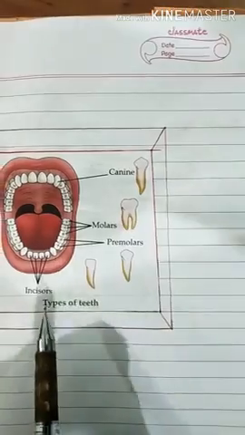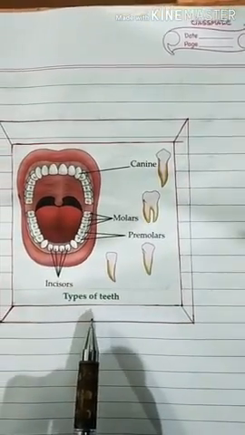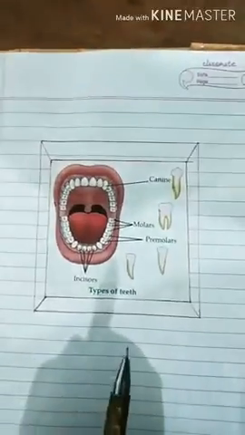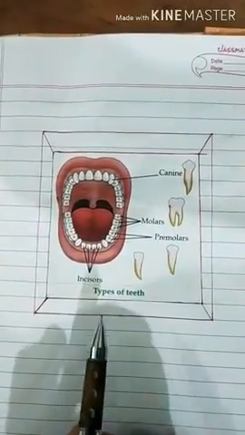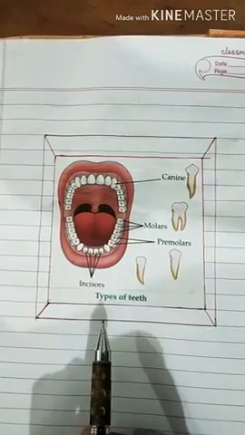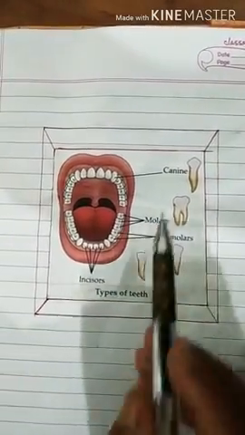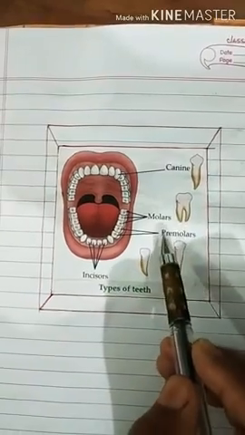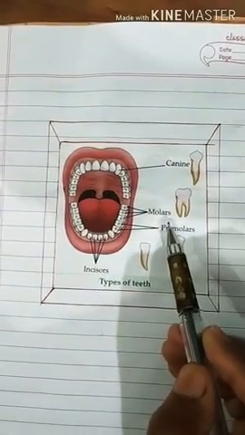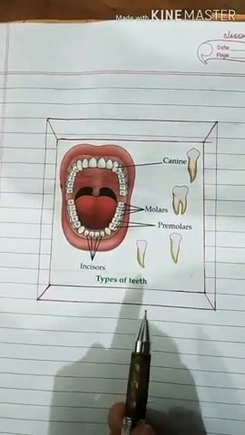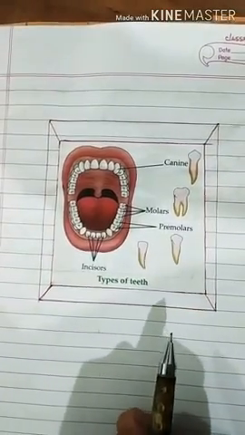So with the picture, things are more clear. Now children, I'll give you homework. You'll draw diagrams of incisors, canines, premolars and molars and make beautiful diagrams to make things clear to yourself. Thank you.